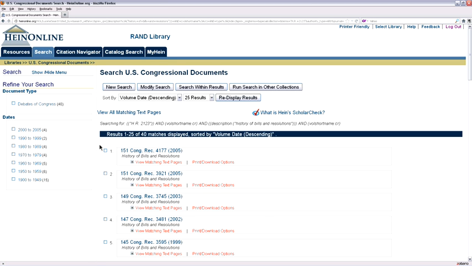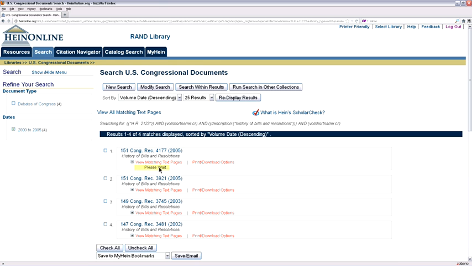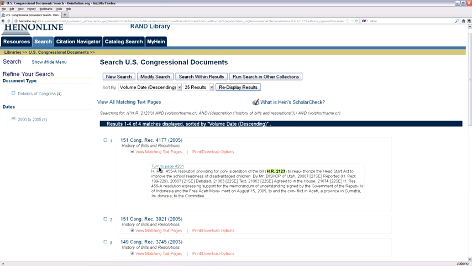Now, the reason I took the date out is so I could show you the facets, because we actually only have through the 2005 index. But what we can do here is choose 2000 to 2005, and that's going to narrow that result set to just 4. And if we click our View Matching Text Pages,